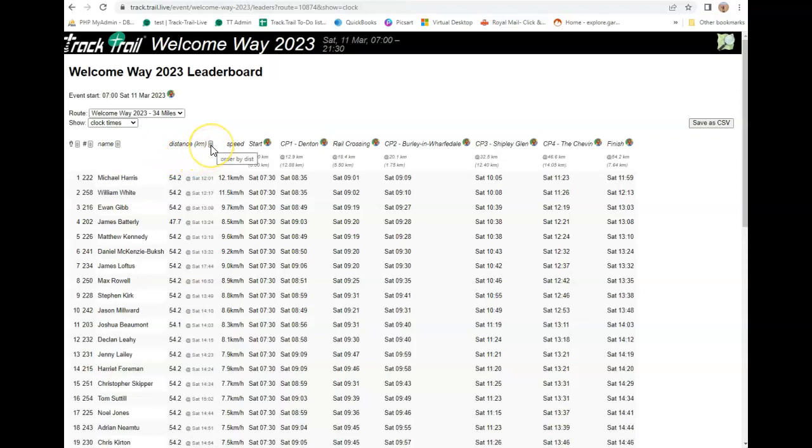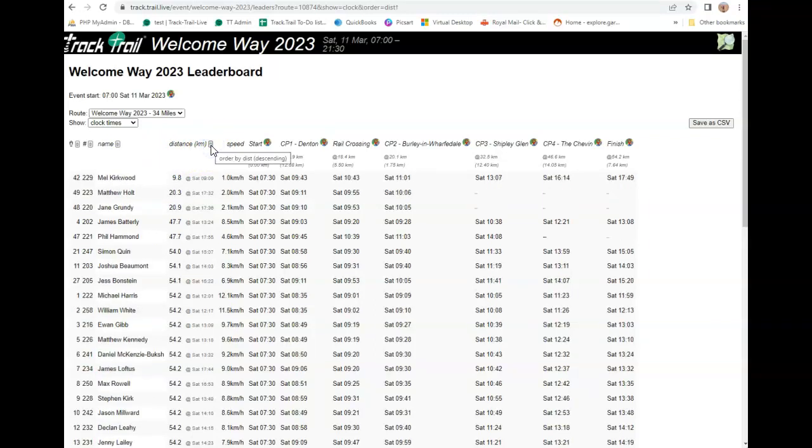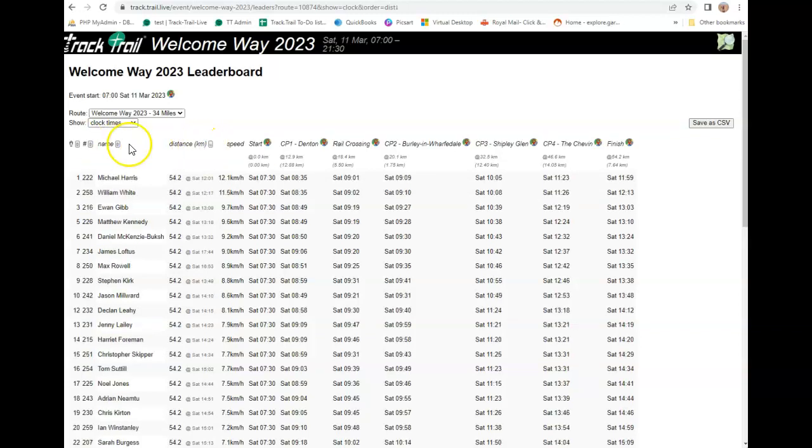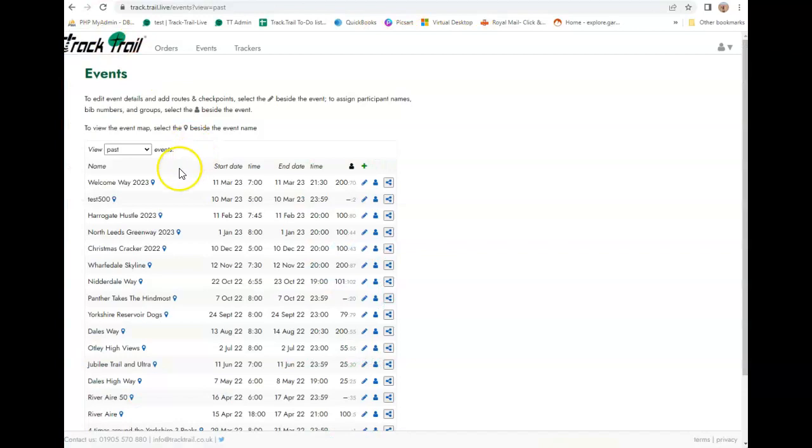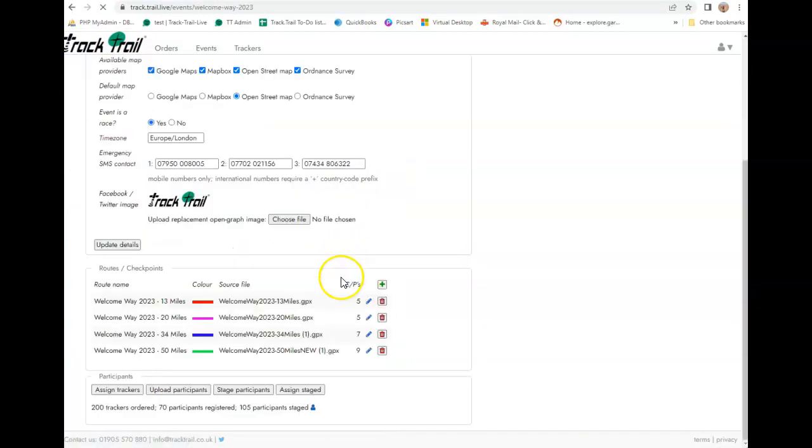You can order by the distance that they've reached, how far they've traveled as well. So we've added all of that extra sorting on there. Now there is another video which shows you how to assign each group to an individual event. So if I was to look at this event, the Welcome Way, and click on the edit down here,